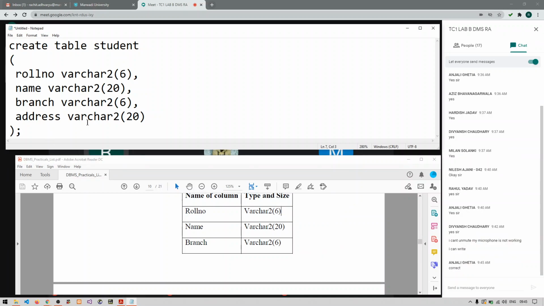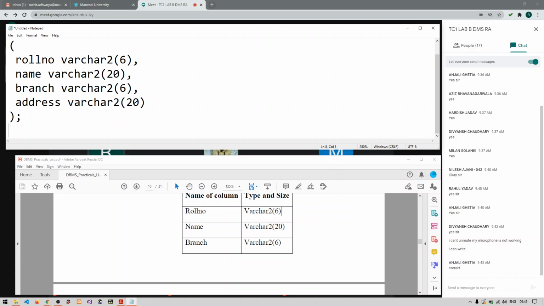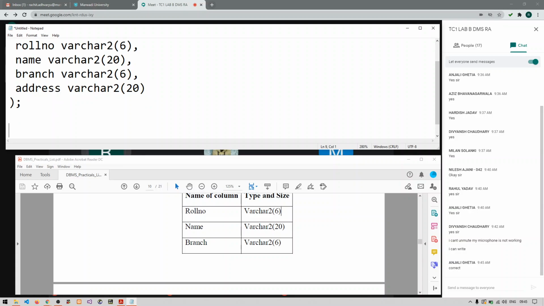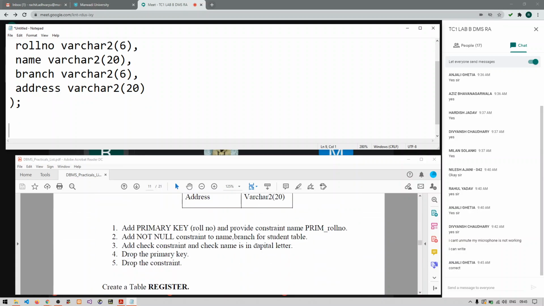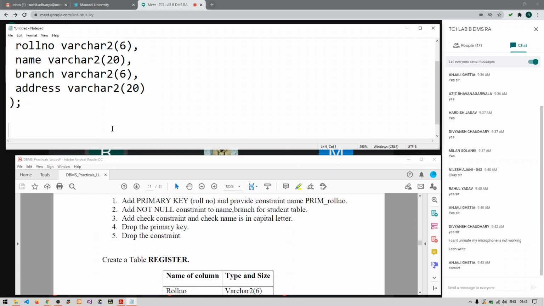So now let's move on to work on this table. This table does not contain any type of constraints. Only column name, data type and its size. Now I want to add some constraints.